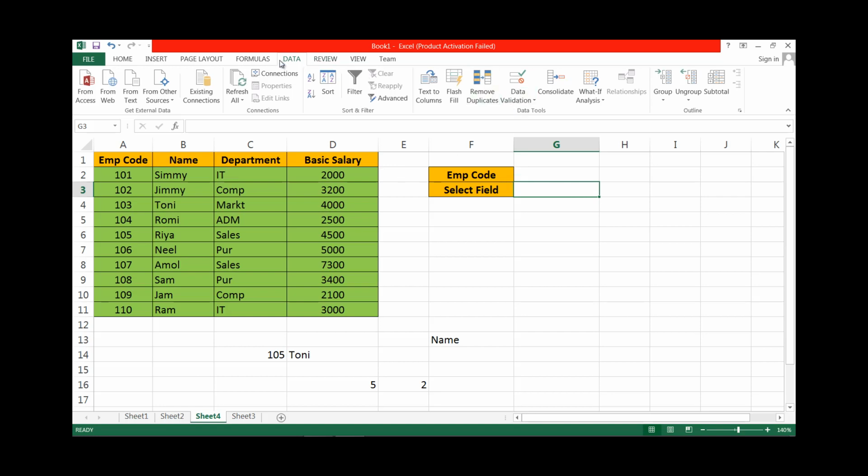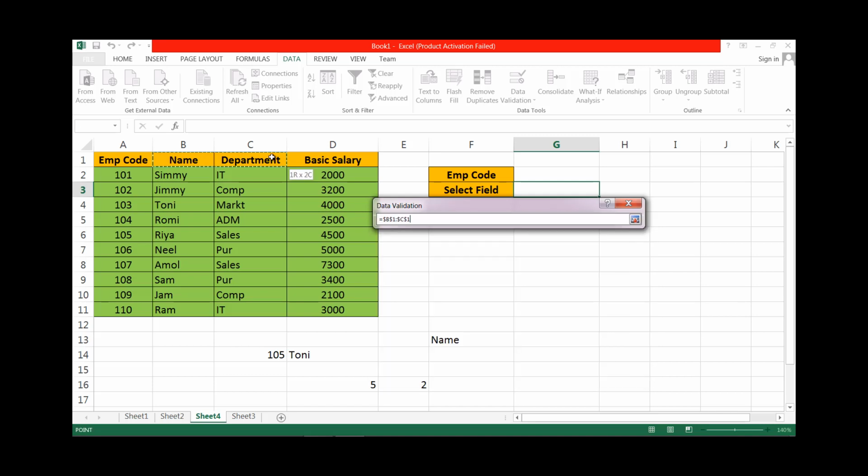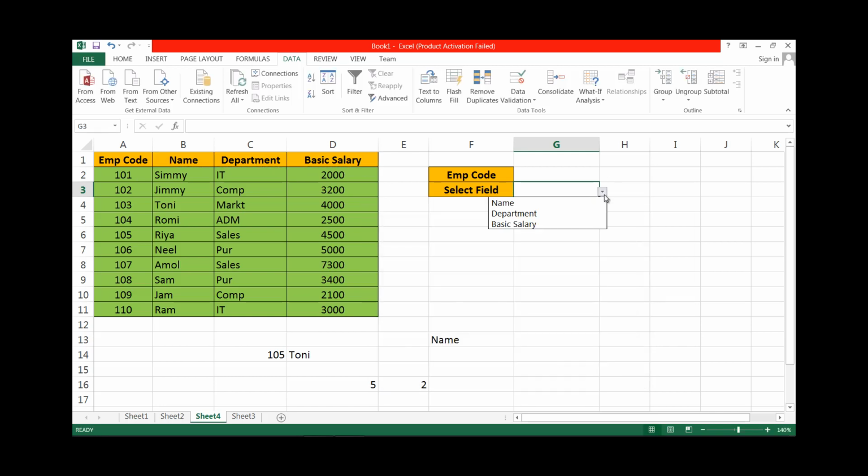Again go to data validation, list and select the range of columns. We don't want employee code, we want name, department and basic salary. Now we want to search a record through employee code. If we select the employee code and select the field name, then it will show the record.